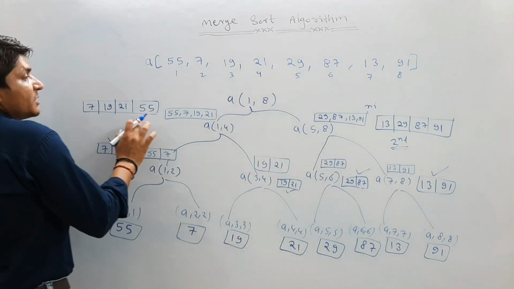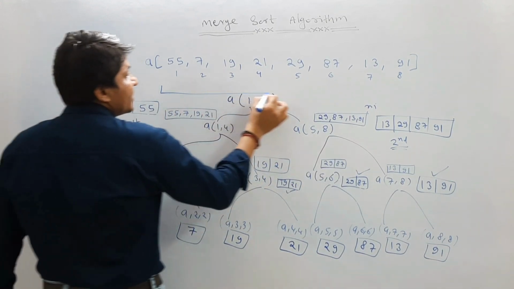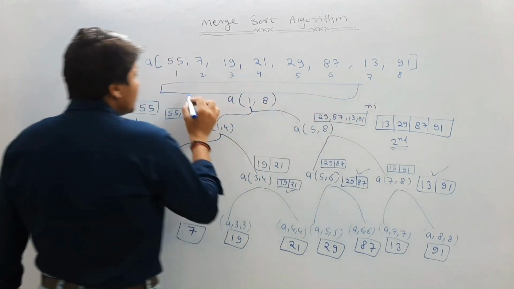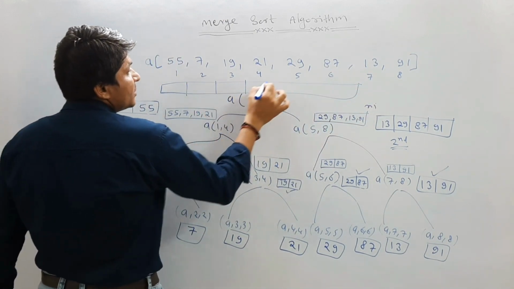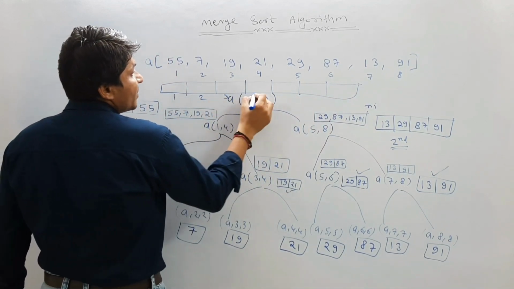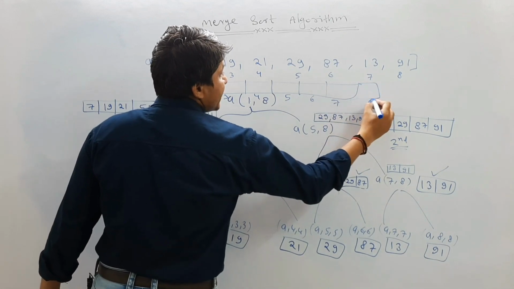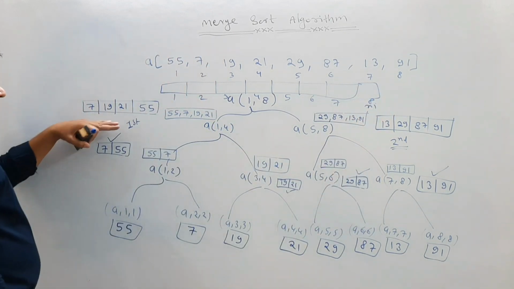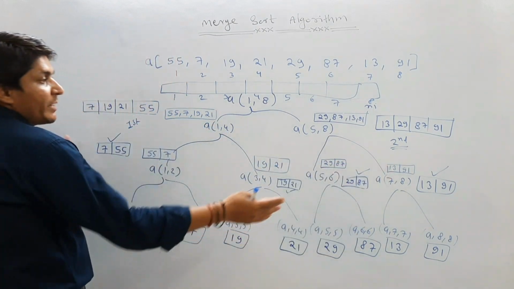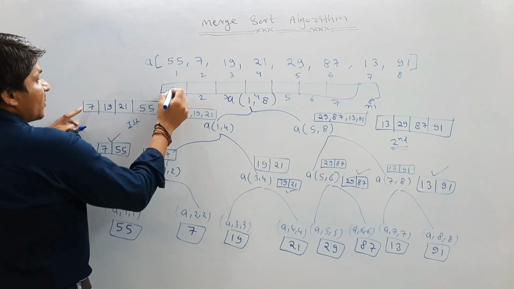Now if we want to merge these two sorted subarrays in one array, let us take the size of the array as 8 this time, and we are going to merge these in one common array. Size is 1, 2, 3, 4, 5, 6, 7, and this is the size 8. Correct. So this is the first sorted subarray, and this is the second sorted subarray. If you apply the merge procedure on these two sorted subarrays, what you will get? You will get one array which is sorted.